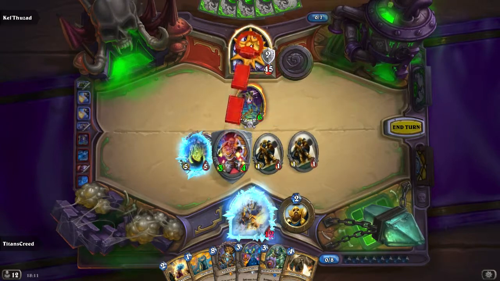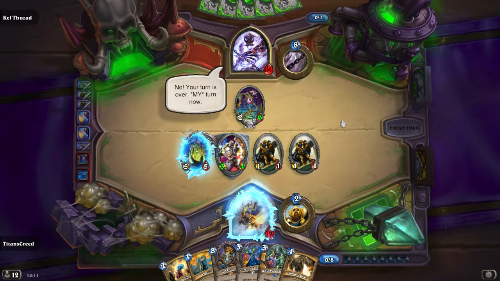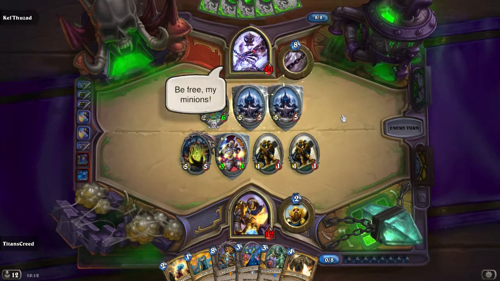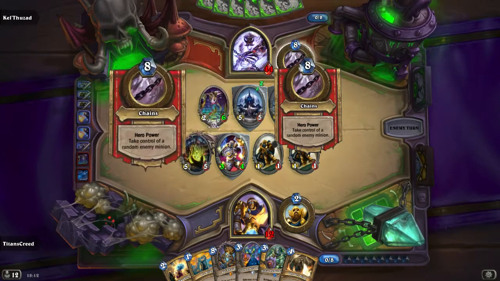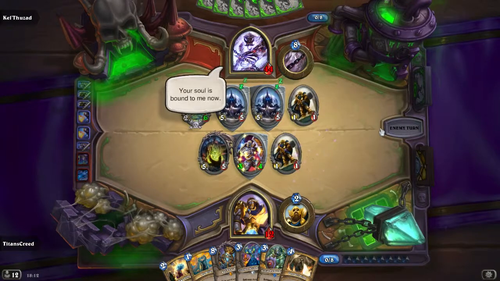And we've drawn the Equality Bomb as well, so perfect. We didn't even need it, but that's perfect. So now our health is kind of irrelevant, you know. But he's in range to chains every turn now, so don't get low. Well, we've got Equality, so...